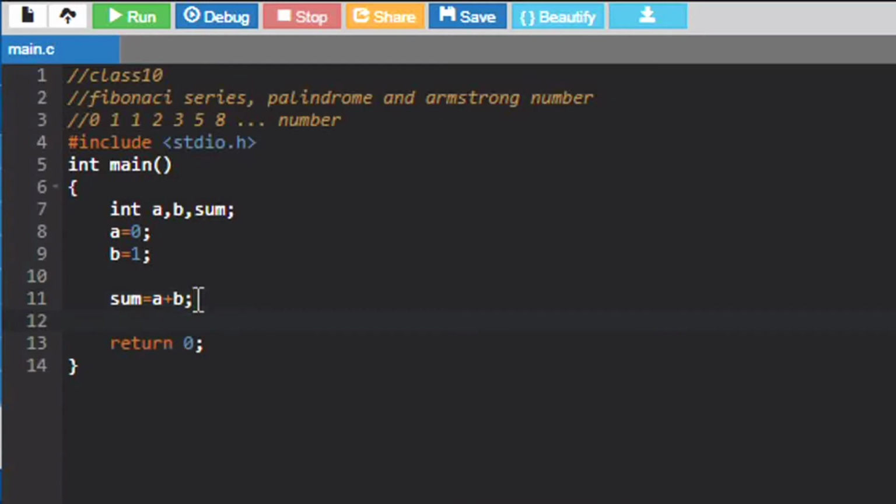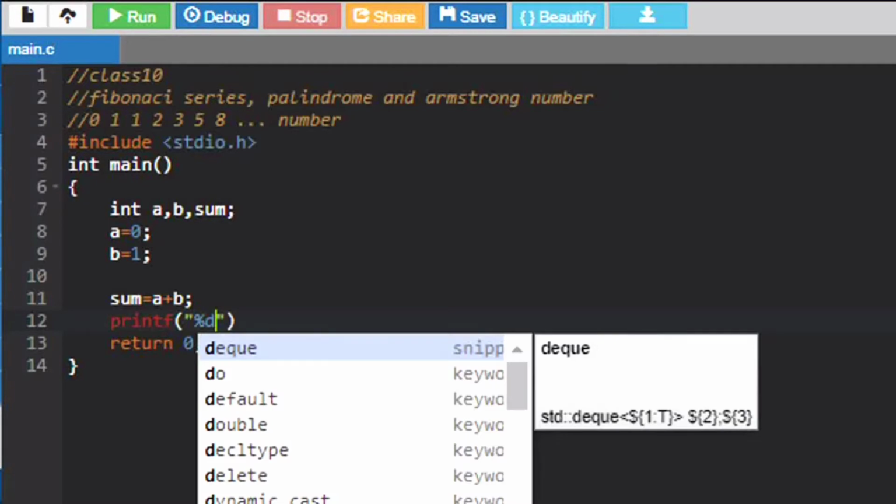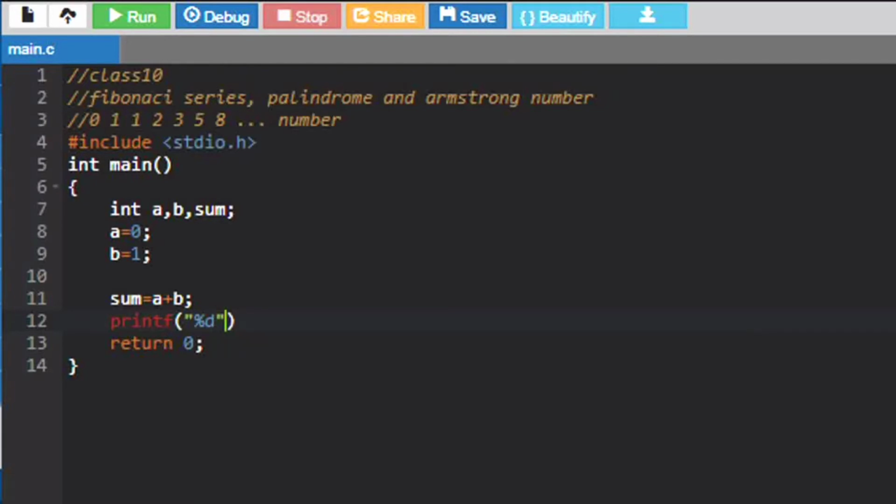Before changing the value, we are going to print the value first, which is going to be the sum. Directly we want the number, so we are going to use %d and display the sum. Since we have now printed this sum, we no longer need this addition, so we are just going to swap.